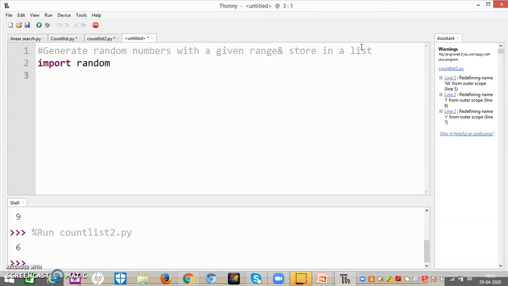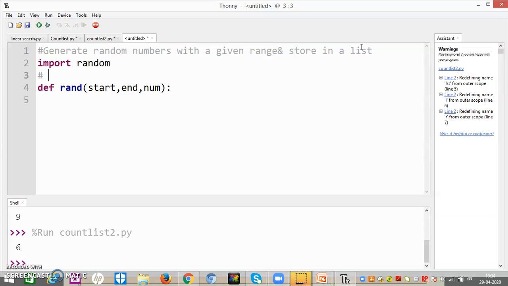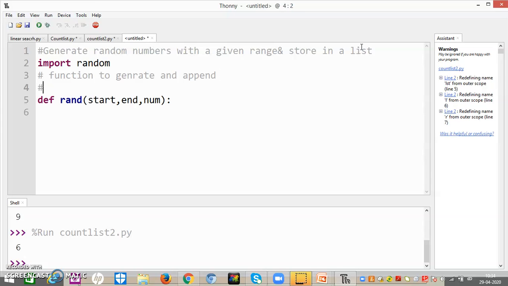Now after that, first we have to make a function. We take rand, taking it as start, comma end, comma num. Now I have taken 3 parameters: start, end, num. Now I will write what it stands for. First, we are going to have a function to generate and append, which means we have to add to the list also.